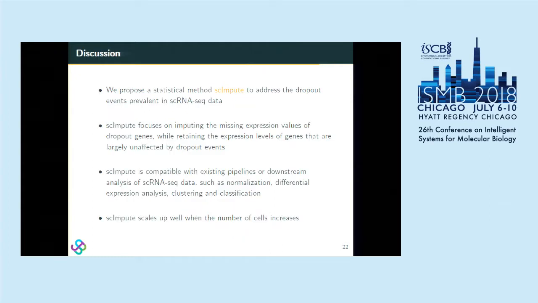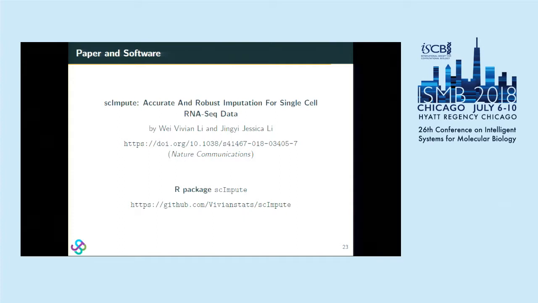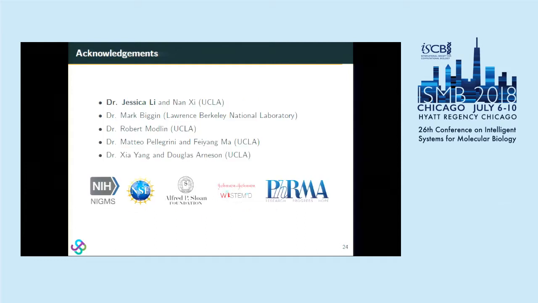So finally, as a short summary, we propose a statistical method, scImpute, to address the dropout events prevalent in single-cell RNA-seq data. scImpute focuses on imputing the missing expression values of only dropout genes and is compatible with most existing pipelines or downstream analysis of single-cell RNA-seq data. So we have included more examples in our paper, and we implemented the method as an R package, which is available at GitHub. And finally, I would like to thank my advisor, Jessica Li at UCLA, for her guidance and